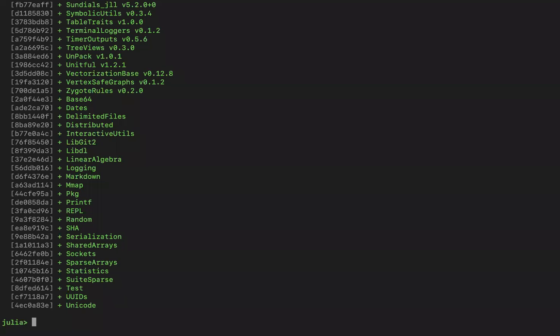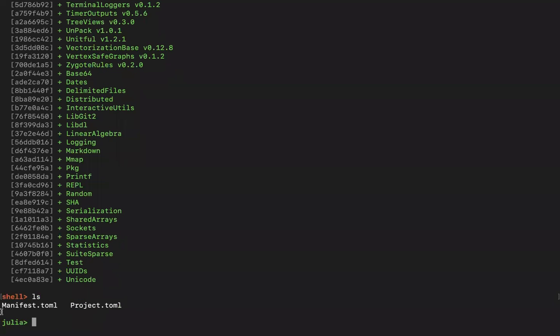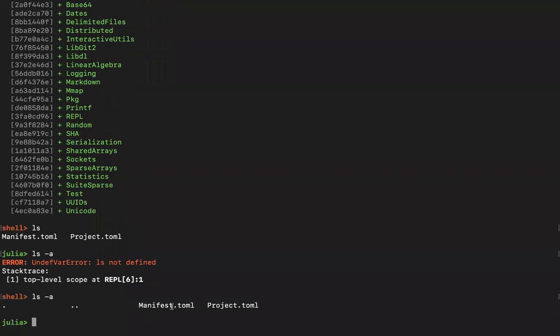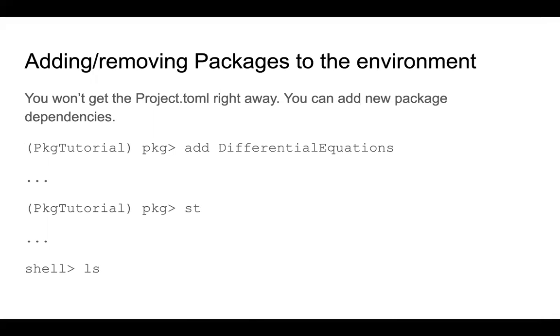If you take a look at the folder now, you'll see there are two files called Project.toml and Manifest.toml, and no other files, not even hidden files. There is nothing stored inside your folder like node_modules, so you don't have to download it again and again, unlike npm and node.